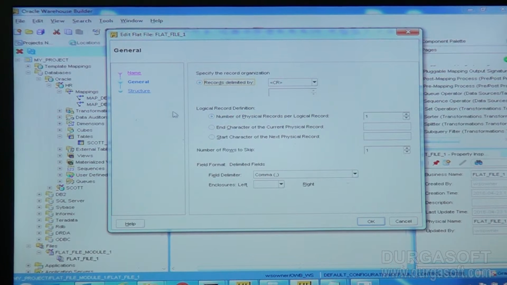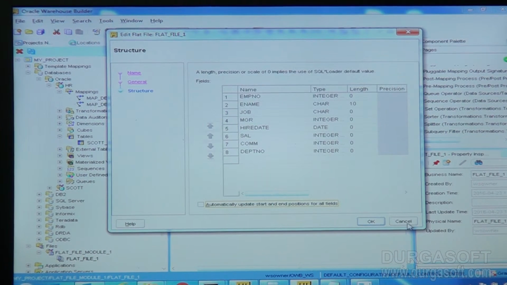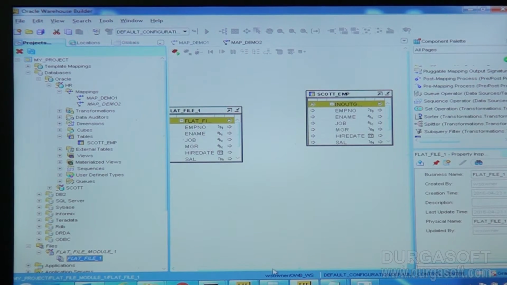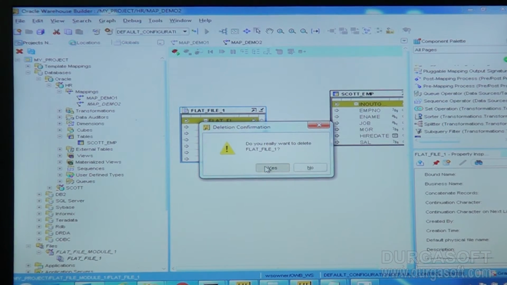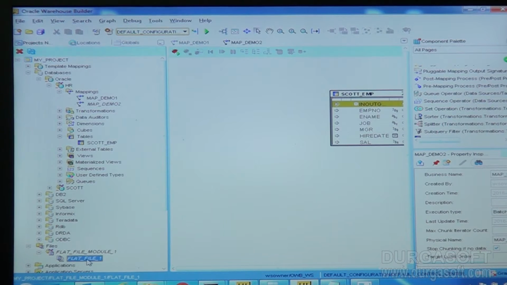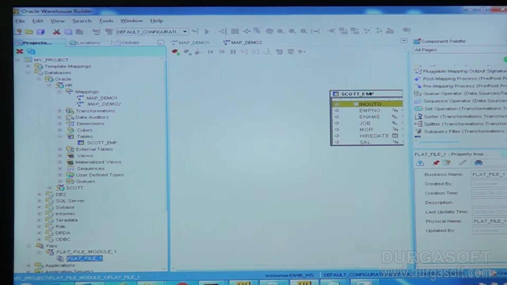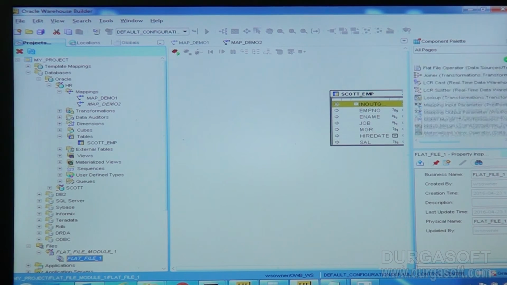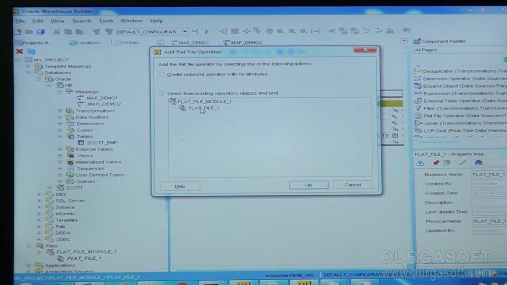So that is actually what it is missing here. So for the flat file, let us come to the flat file operator here. So this is taking the data from here,